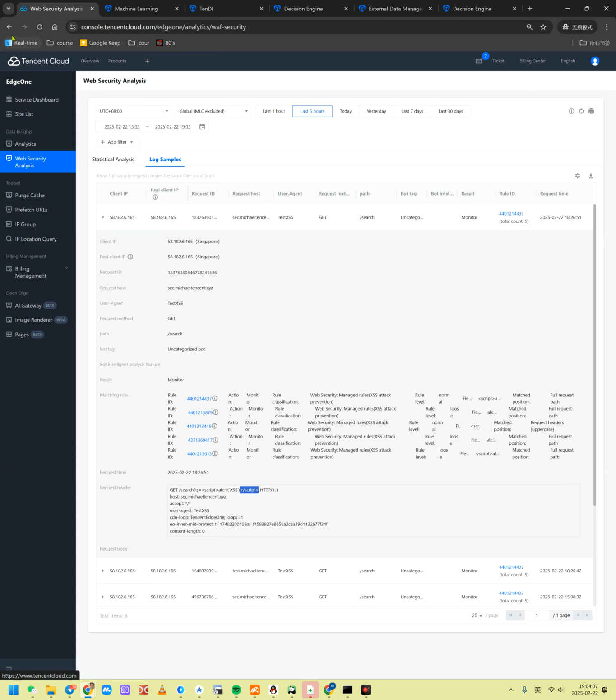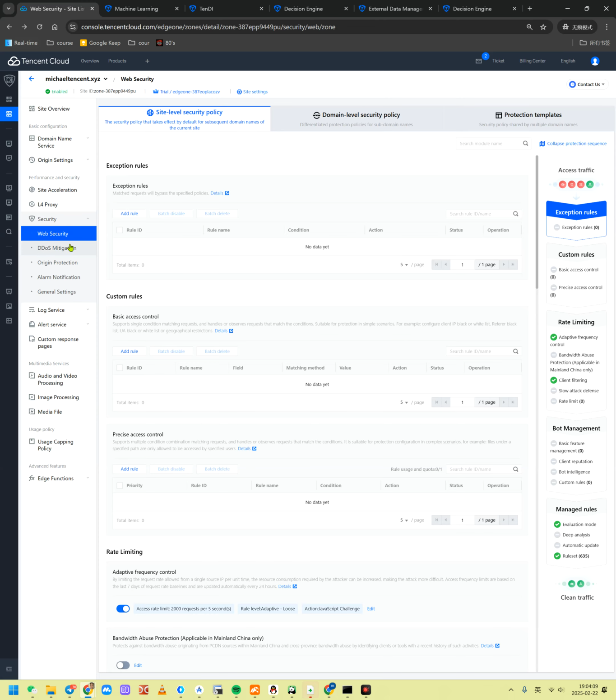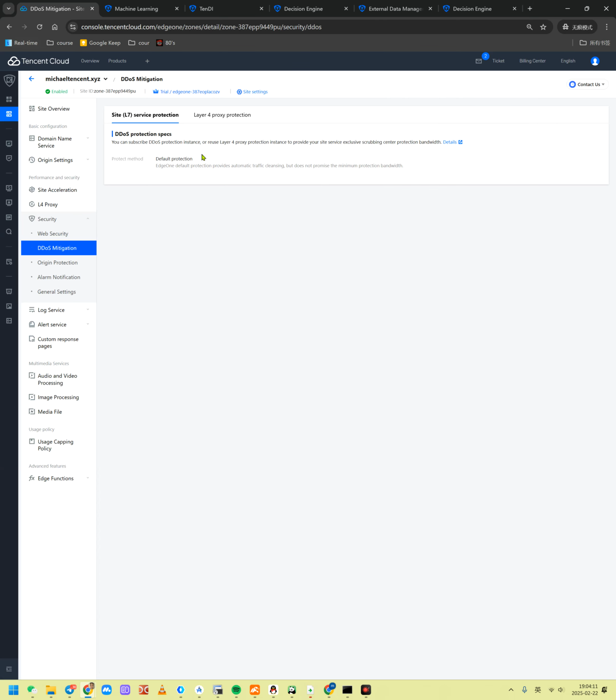And the other one that is very important is the DDoS mitigation, right? So it could be layer 7, it could be layer 4, right? Since I have a cost constraint, I'm not turning it fully on. But anyway, you're going to protect yourself against layer 7 and layer 4 DDoS attacks. And